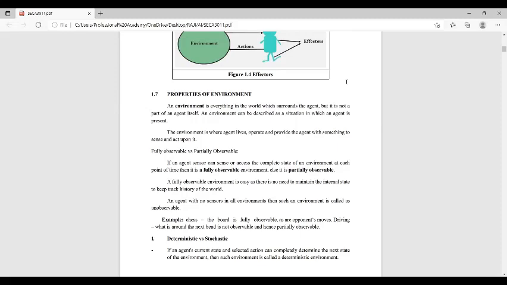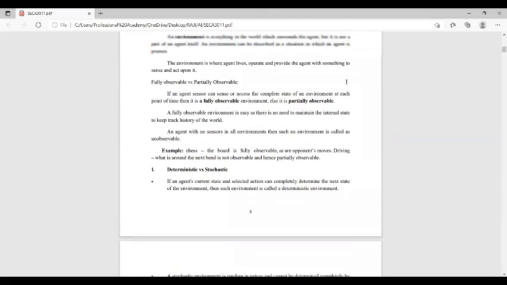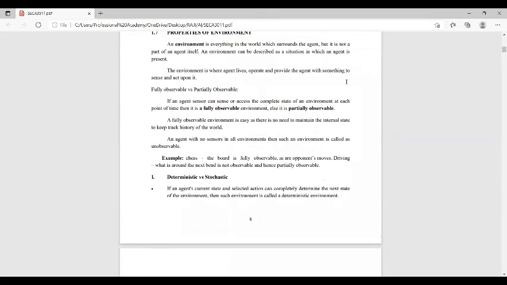So an environment is everything in the world which surrounds the agent, but it is not a part of the agent itself. The environment is where the agent lives, operates, and which provides the agent with something to sense and act upon. So there will be a fully observable environment and a partially